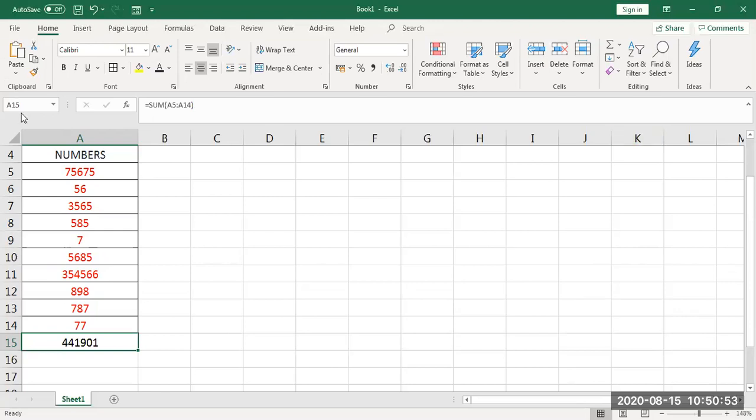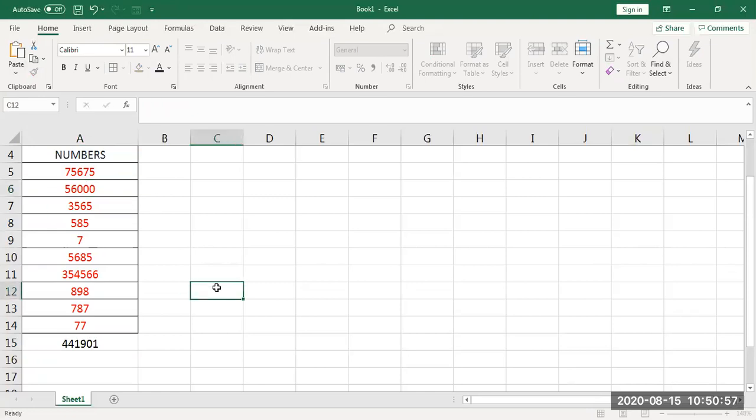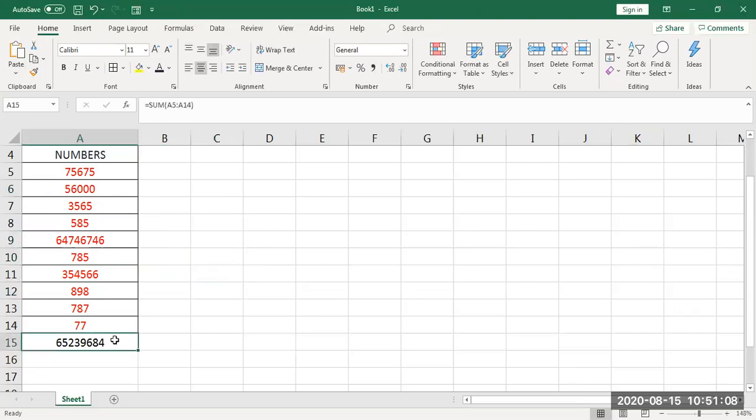But when it comes to Excel, see, I'm changing this 56 to 56,000, and leaving it. Automatically my value will change. I'm changing this 7 to another number, and my value will change. So according to the value I enter, my answer will reflect. This is the benefit of using an Excel sheet for calculation. One more thing: in a calculator, every number you need to type.